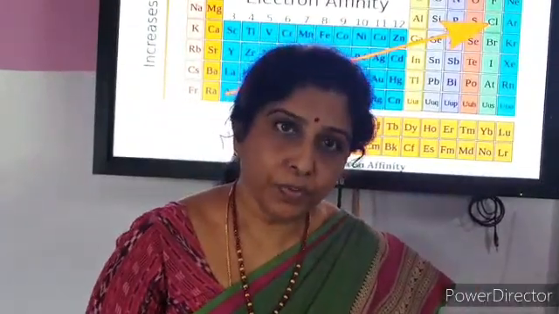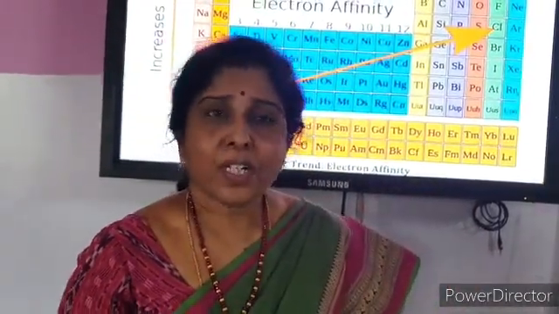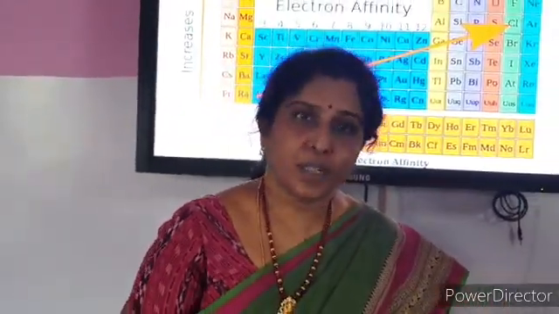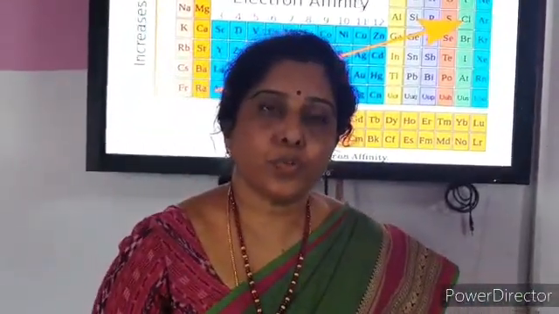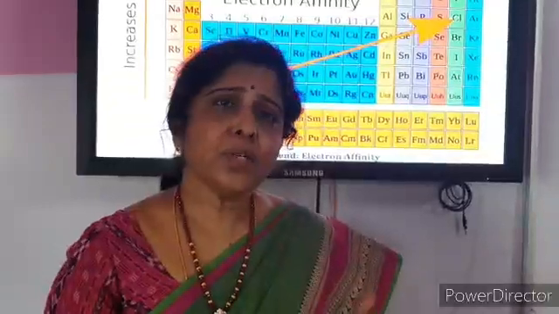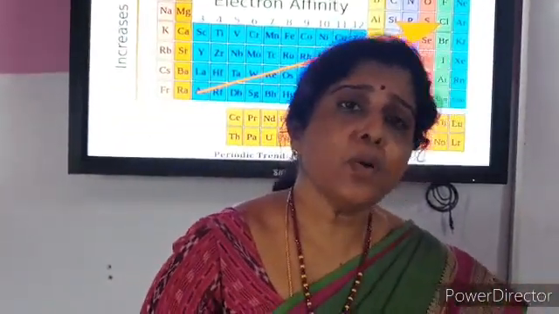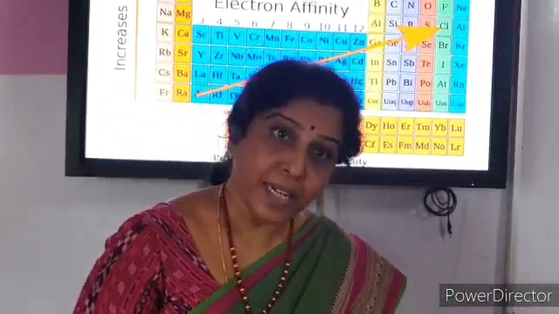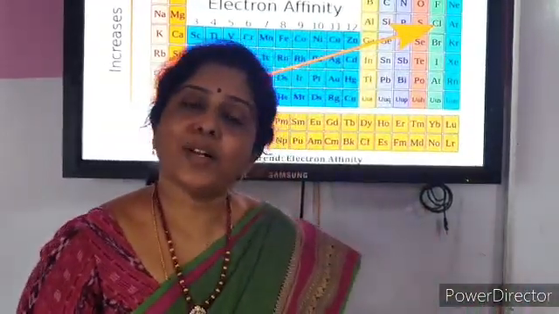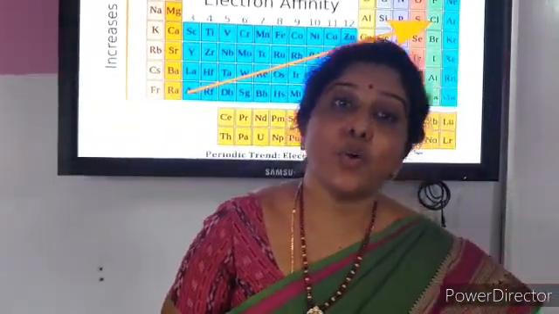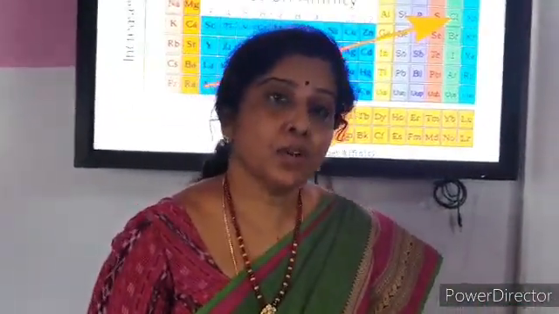Ionization energy and electron affinity, these two are the properties of isolated atoms. So it is also necessary to compare the atoms when they are in the bonded state, which atom attracts electrons more towards itself. So to explain this, one more property has been introduced, which is electronegativity. Electronegativity is the relative tendency of the atom to attract the electrons towards itself when it is bonded with the atom of another element. So we can calculate electronegativity by taking the average of ionization energy and electron affinity.